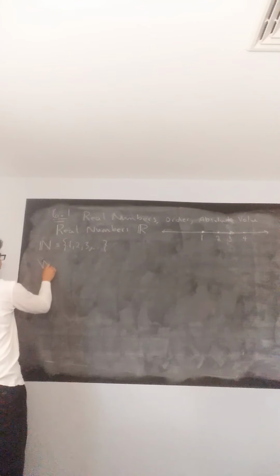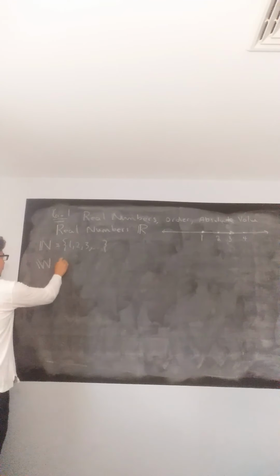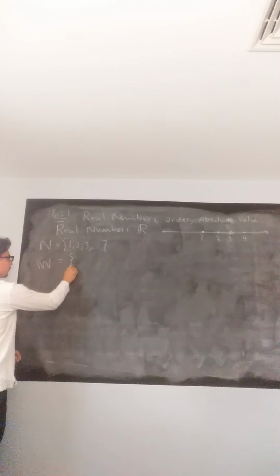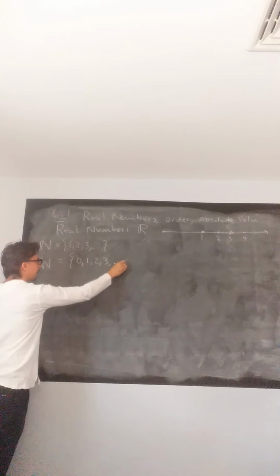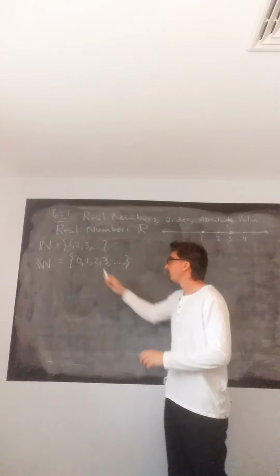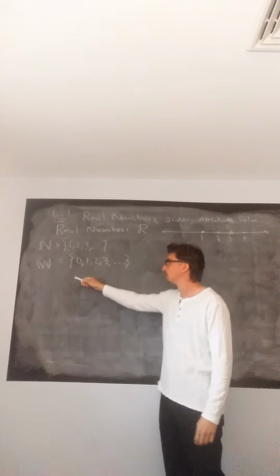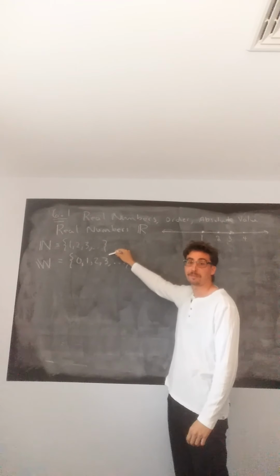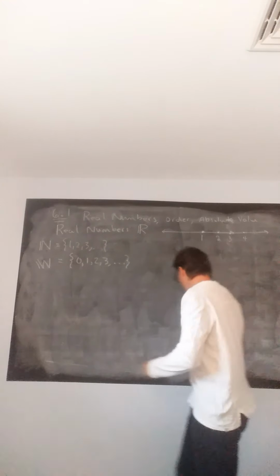So another set of numbers we have is the whole numbers, and we use W. The whole numbers are the natural numbers plus 0. So the set looks like 0, 1, 2, 3, and so on to infinity. So it's another infinite set. The whole numbers contain the natural numbers plus 0. So we could actually think of this in terms of a subset. Everything in N is also in W. So that gives us this special number 0,